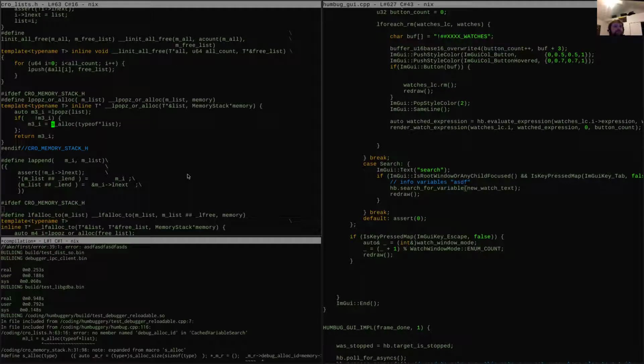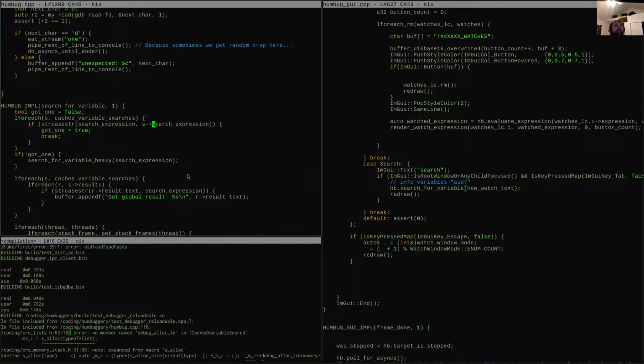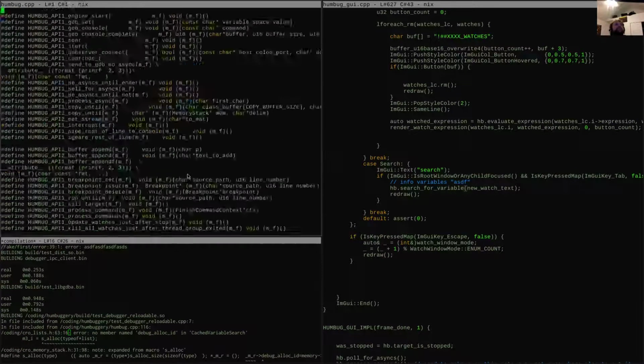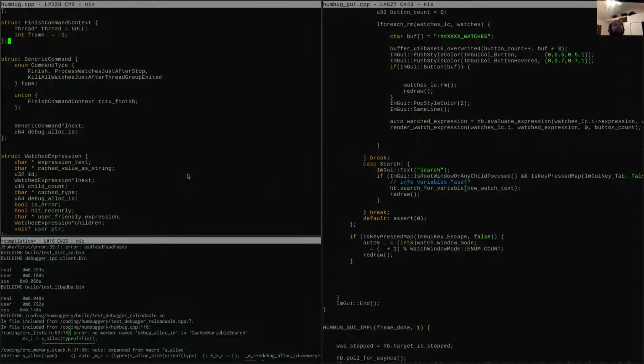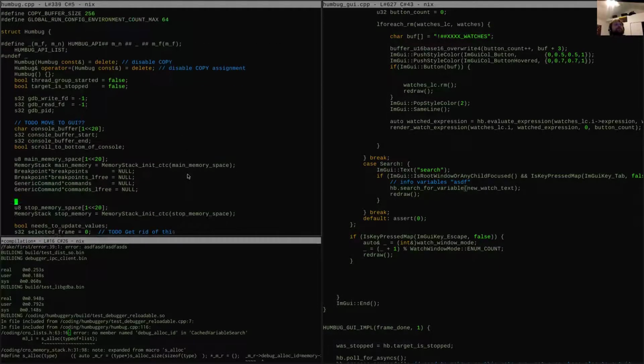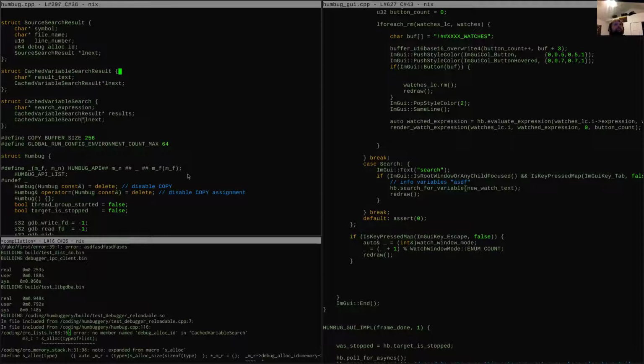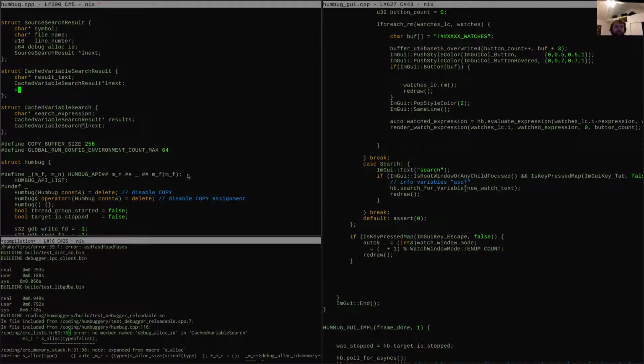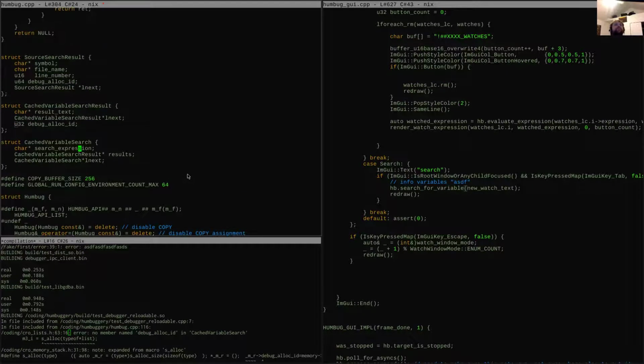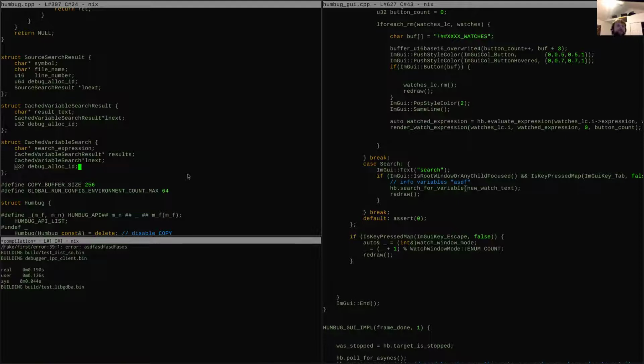So these all need this stuff here. So cached variables. Okay. All right. Okay, so U32 cache or debug alloc ID. This one needs it too. Bam! We built all of the things.